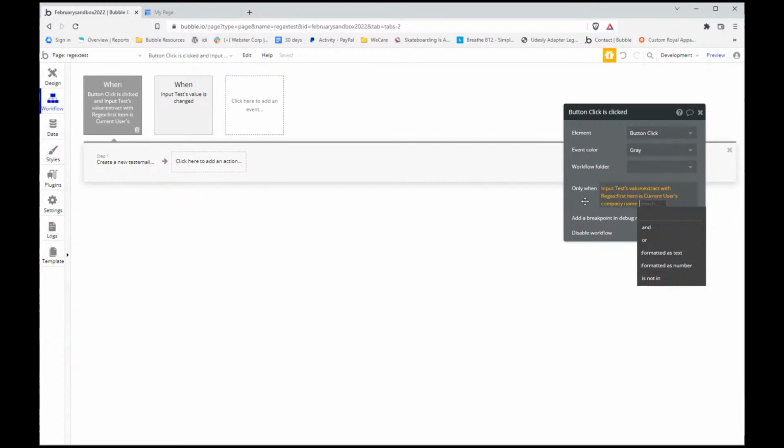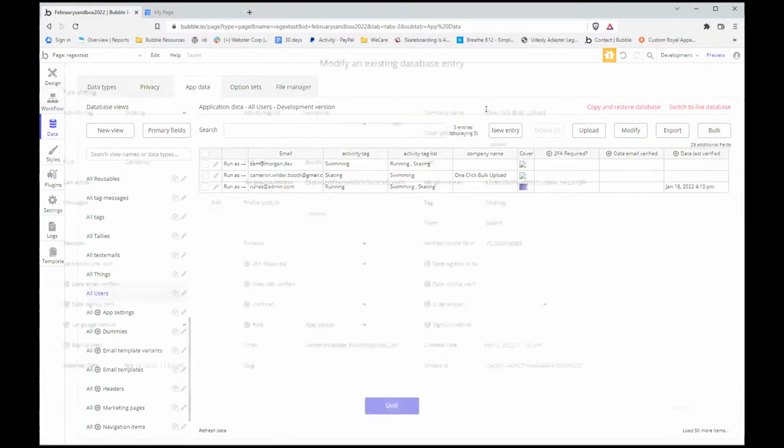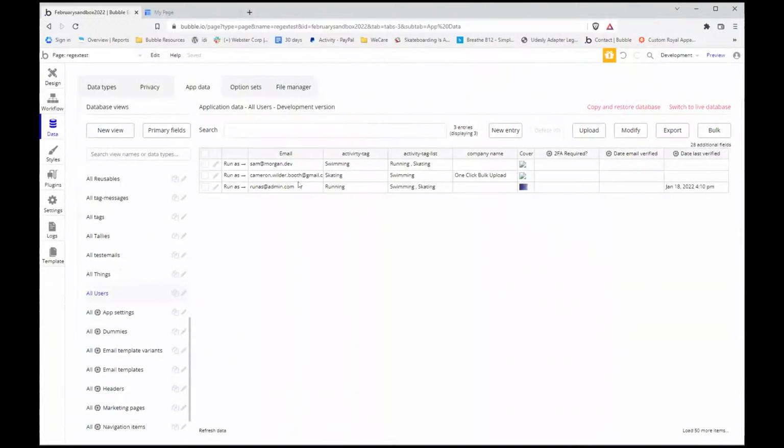Well, it is so strange how it doesn't give us the option to compare it with a regex, or with any kind of find or replace or regex. But right now we're just looking at the value. We're taking the regex that you had applied. The first item is the current user's company name, right? So because we're not given that option, which is a bit silly, and of course there's probably some way to manipulate this data before it's even passed into this only when to truly be able to accomplish what we're trying to do. But I'm thinking that we could also have a secondary field